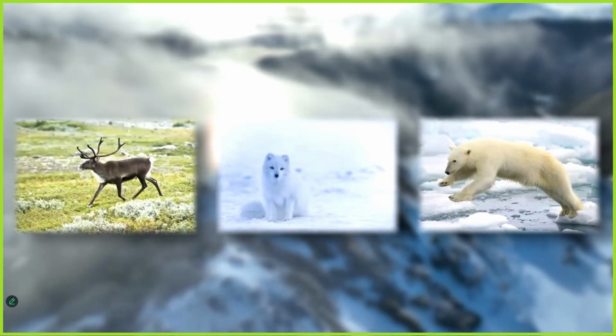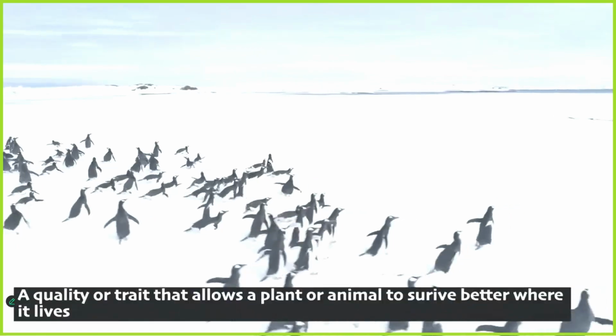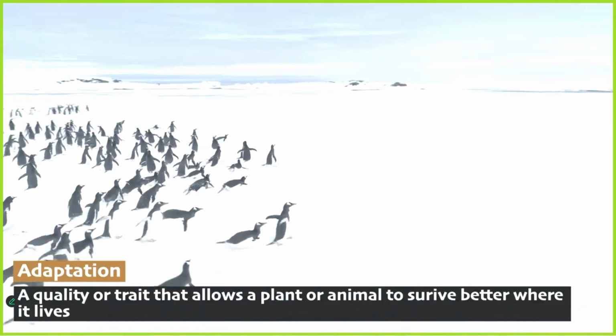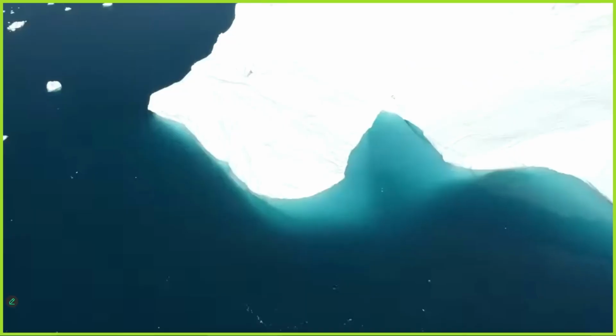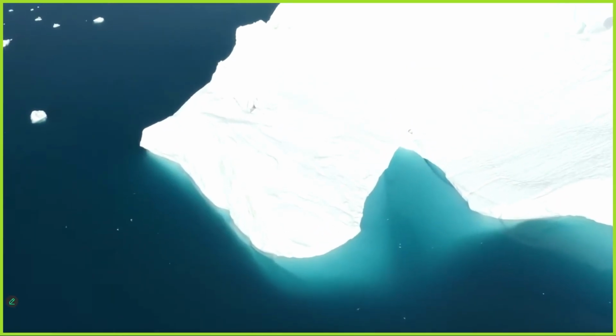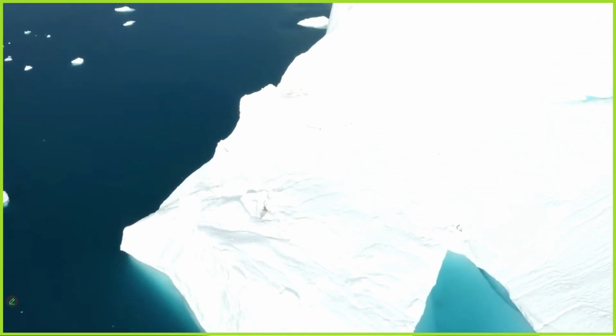Animals like reindeer, Arctic foxes, and polar bears live in the tundra. These animals have special adaptations to survive in the extreme cold, like thick fur and protective fat layers. The tundra is a tough place to live, but it has its own unique beauty and important role supporting life